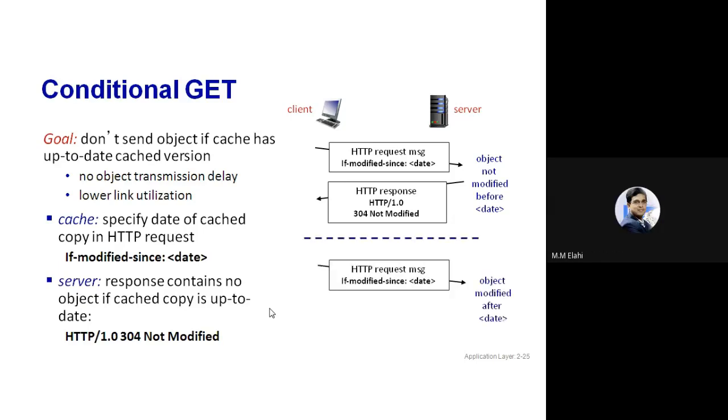And if the server object is modified, previously I said modified before, that is not right, it is modified after. So if modified after the date specified by the client, then definitely the server needs to send the file, right? Yes, sir. So normally, at the end of the response, the server will send the file itself. So this is how the conditional GET works. It is called conditional because it works more efficiently. If updated, then send. If not updated, then send only the header, not the data. Clear, everyone? Yes, sir.